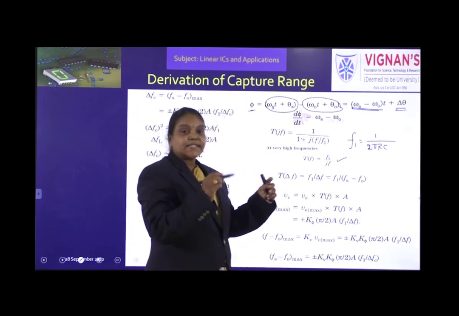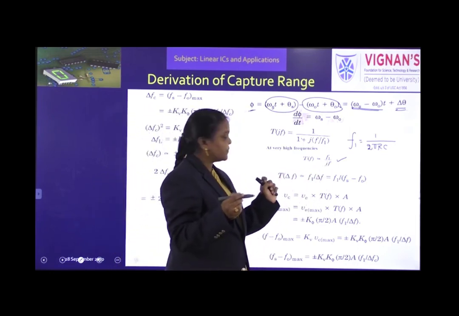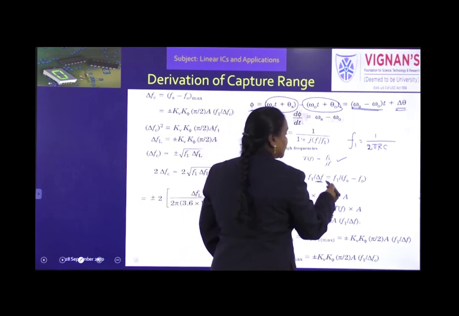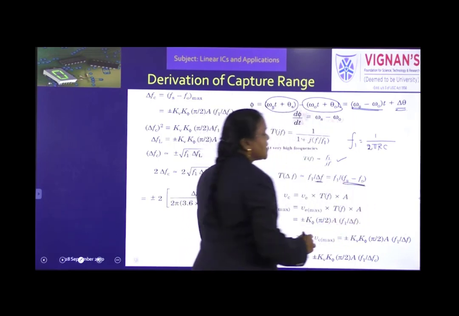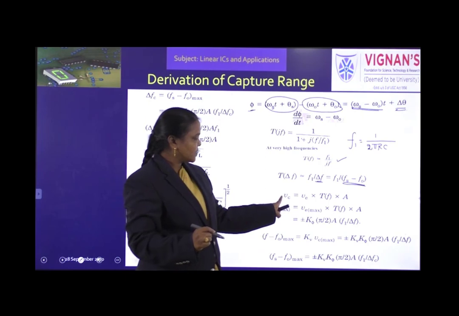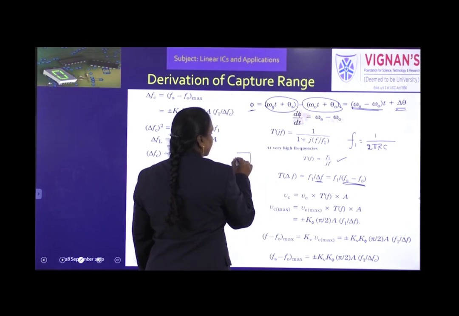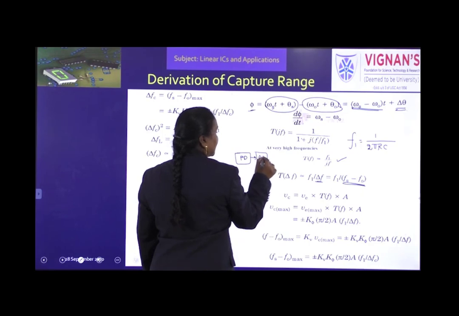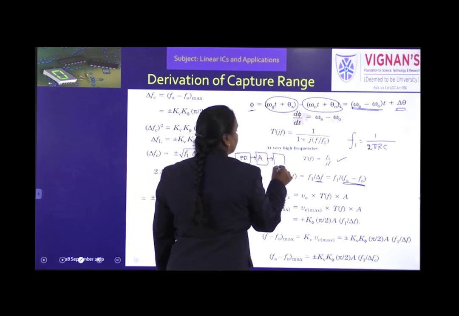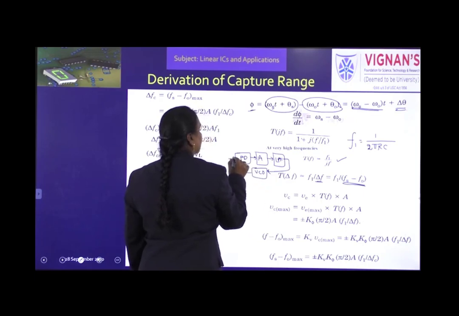Okay, now we are interested in the difference frequency. So in the place of f, you substitute delta f. And what is delta f? It is the difference between the incoming signal frequency and the VCO signal frequency. Now what is the control voltage? Control voltage means, this is the phase detector, and then an amplifier whose gain is A, and then the low pass filter, and then the VCO. So this is your block diagram, right?